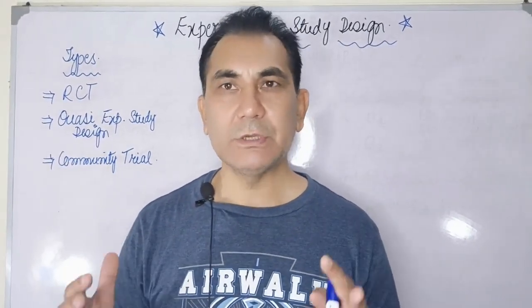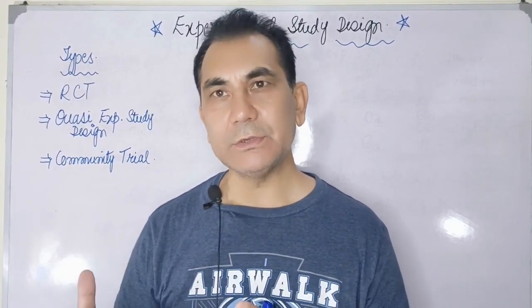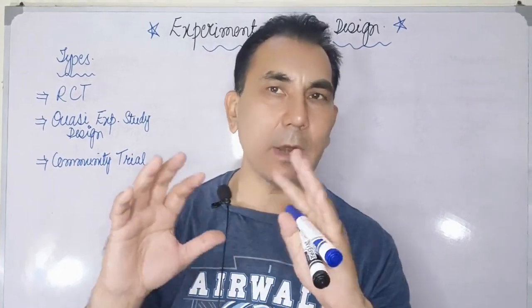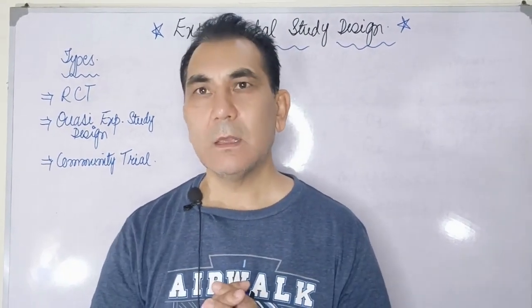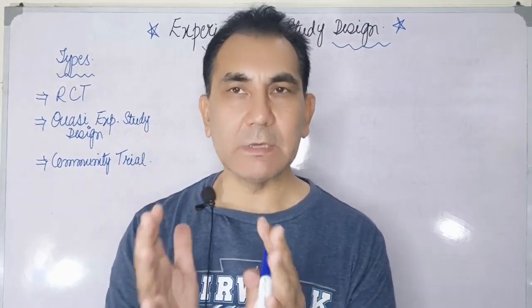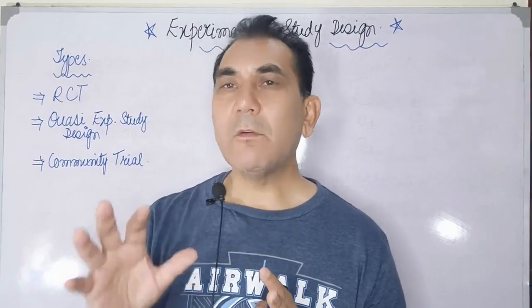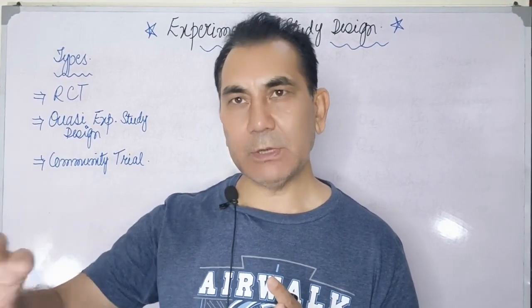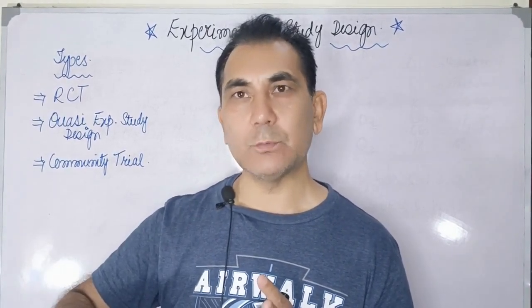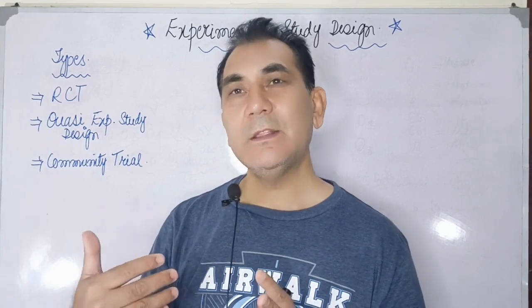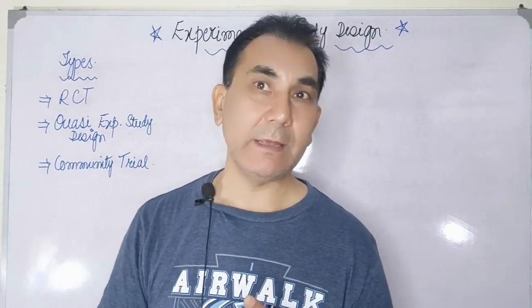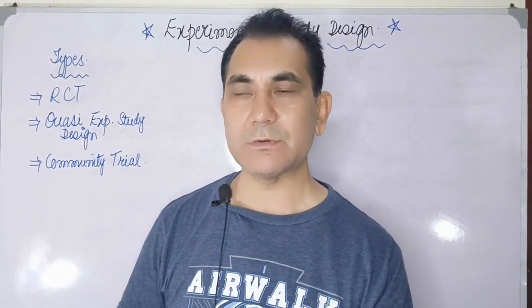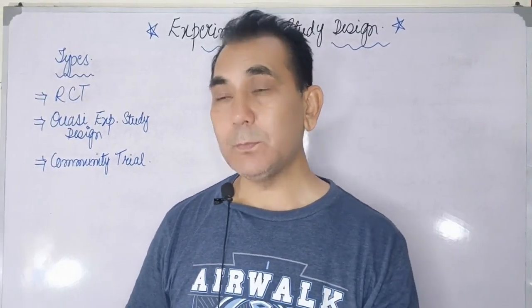In random allocation, the researcher allocates the experiment group and the control group by the random method. And the second one is random assignment. After the random allocation, divide the participants into the experiment group and the control group by randomization. Then the researcher randomly assigns the experiment, the intervention or the new drug trial to the experiment group